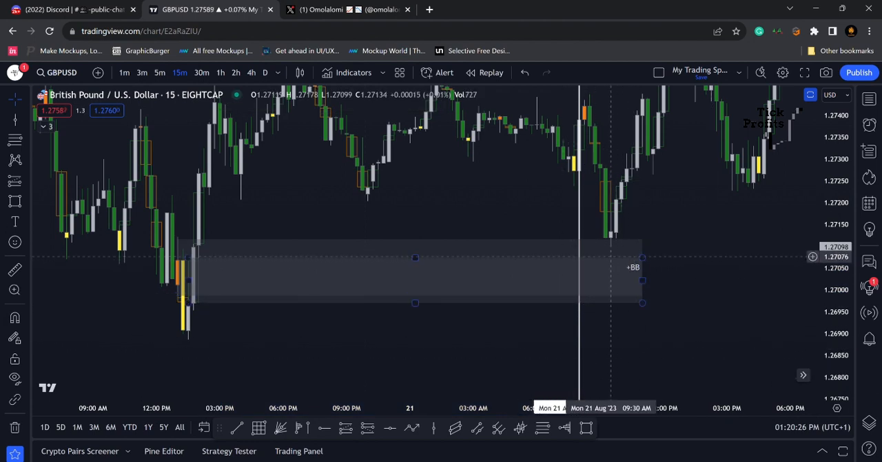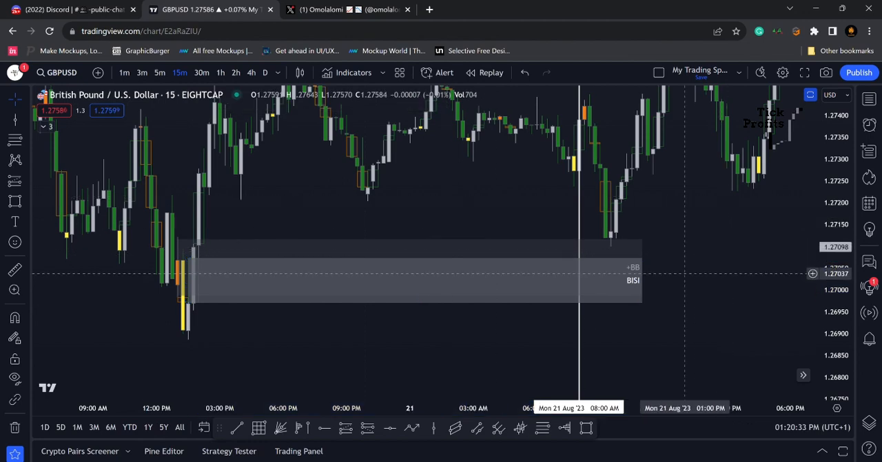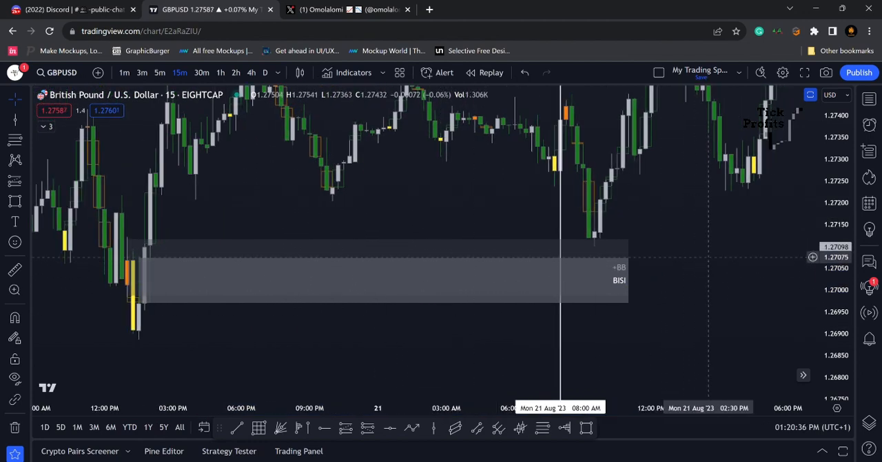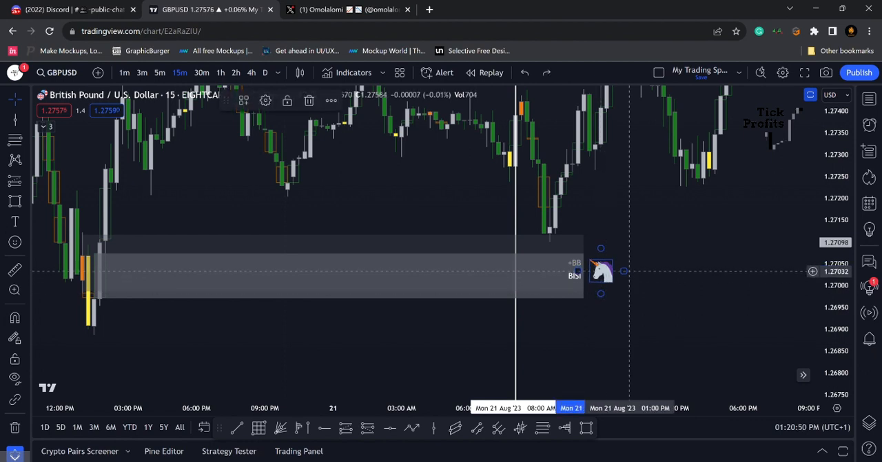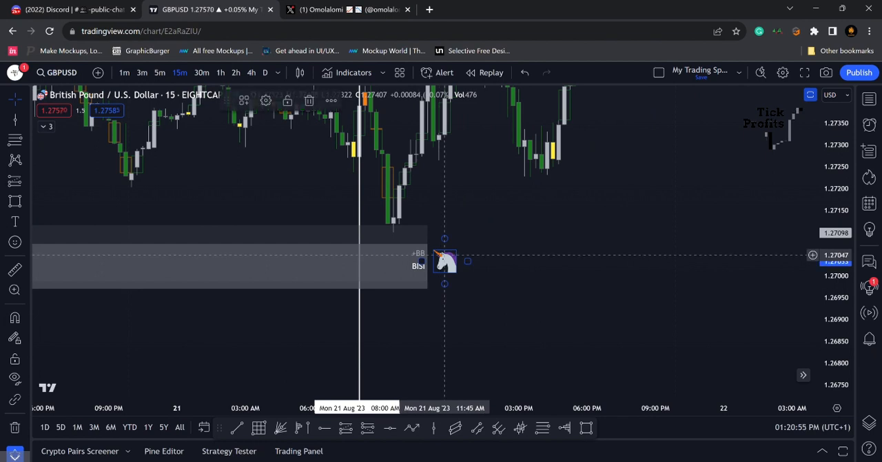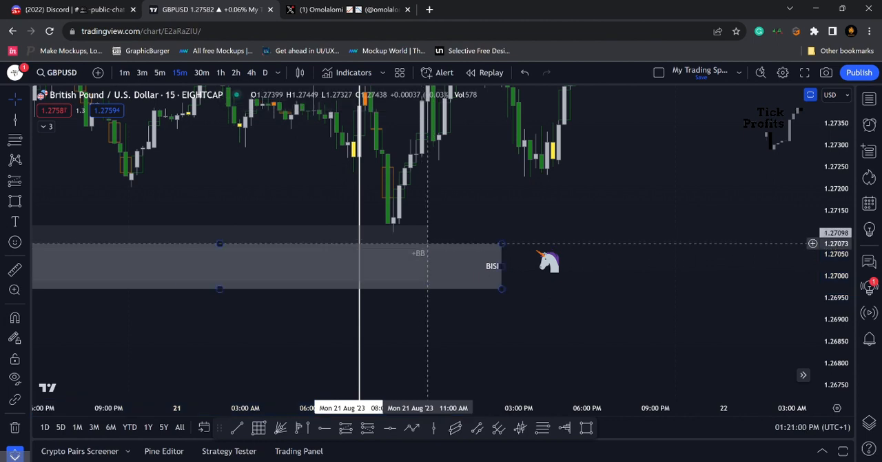And the fair value gap. So we can see that we have a fair value gap inside a bullish breaker. To me, that's a unicorn, because that's what ICT used to call the fair value gap inside a breaker block. So that's a unicorn. And this unicorn is a very, very important